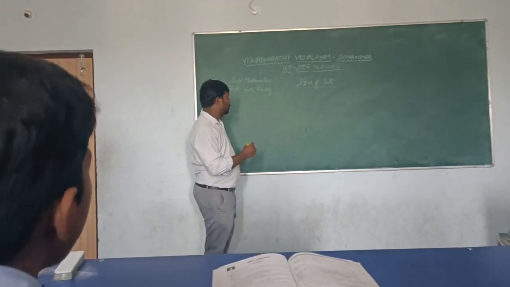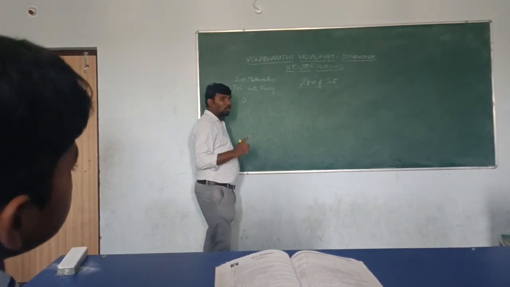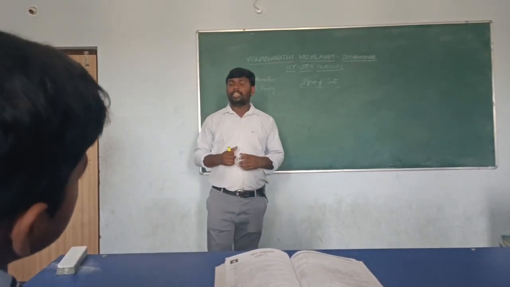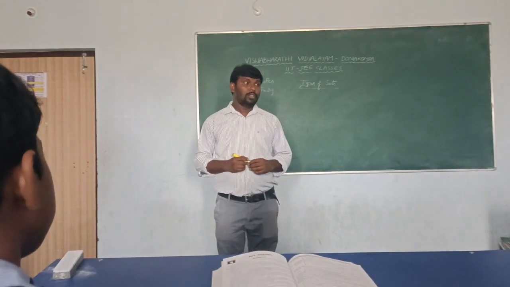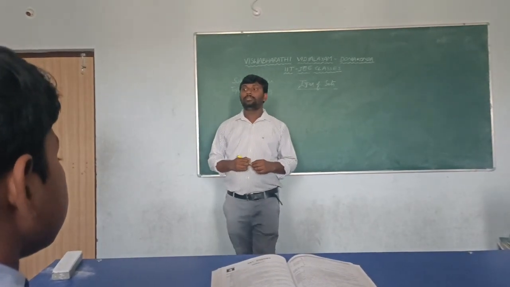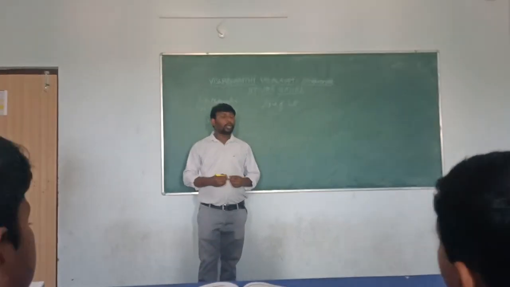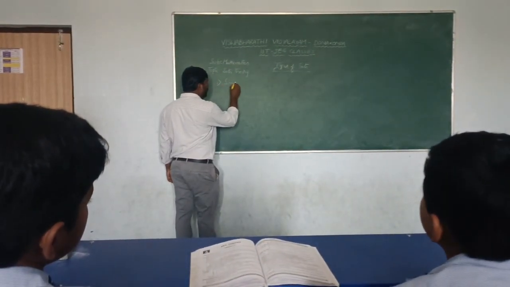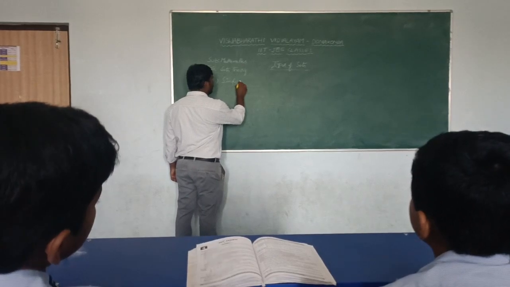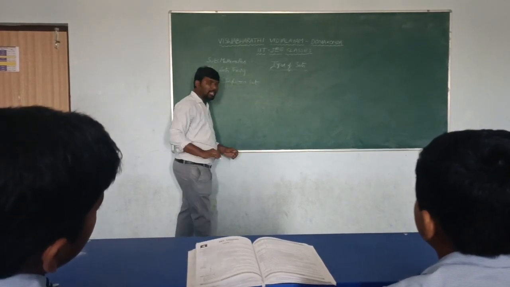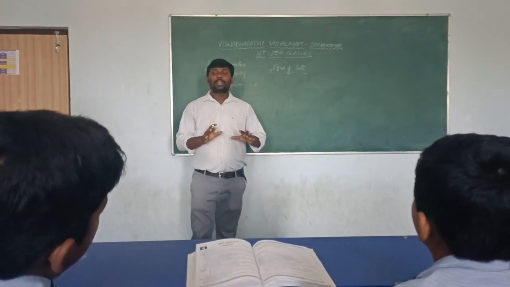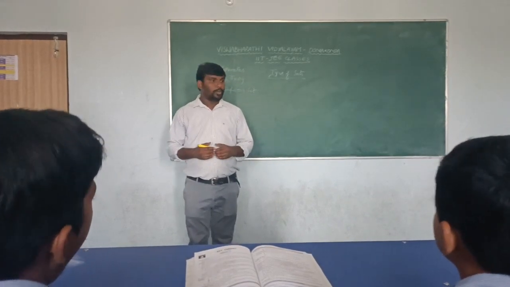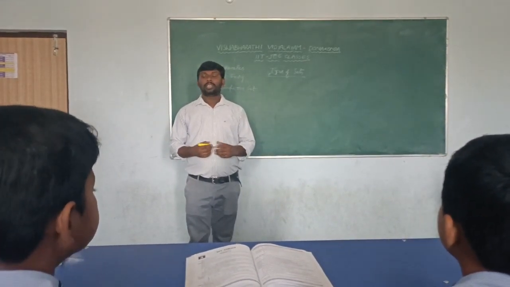The first one: if a set contains only one element, such sets are called singleton sets. What do you call them? Because it contains only one element, a single element. So a singleton set means that the set contains only one element. If I ask you to give an example for that,